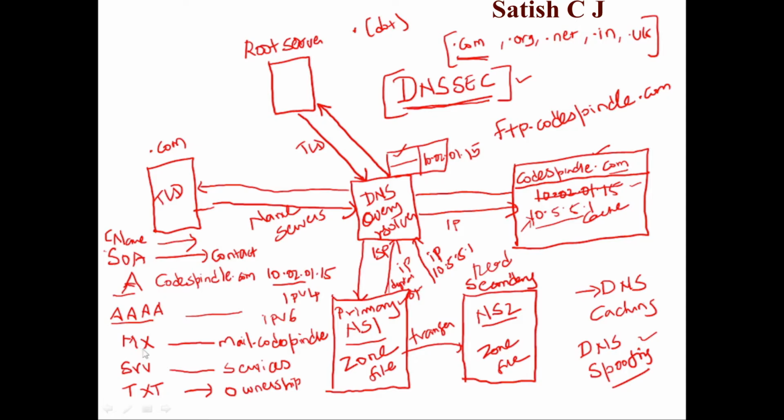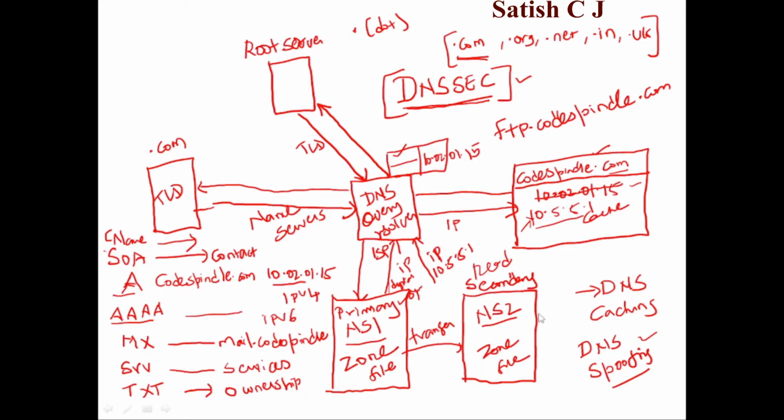MX records actually hold the information about the mail exchange servers for the domain. Service records contain data about the various servers and services available for the domain. Text records normally contain the ownership information. It contains some textual strings. So normally they put up the ownership information, like Google verification information, inside the text records. Start of authority contains the contact information for a specific zone, and it involves administrator contact, and the CNAME records hold the alias for a domain. So these are the various DNS records that will be present in the name servers inside a zone file,